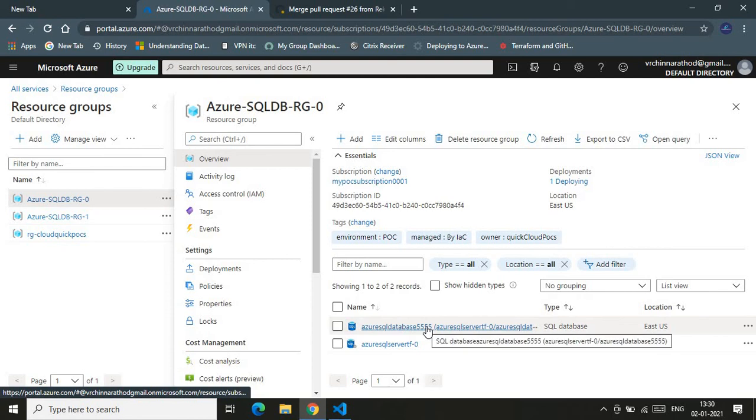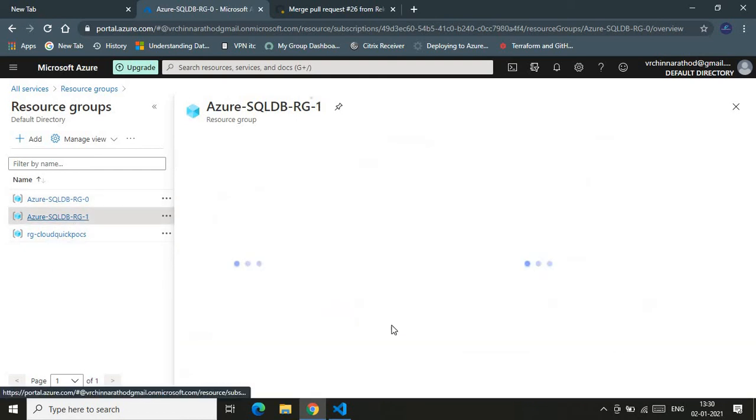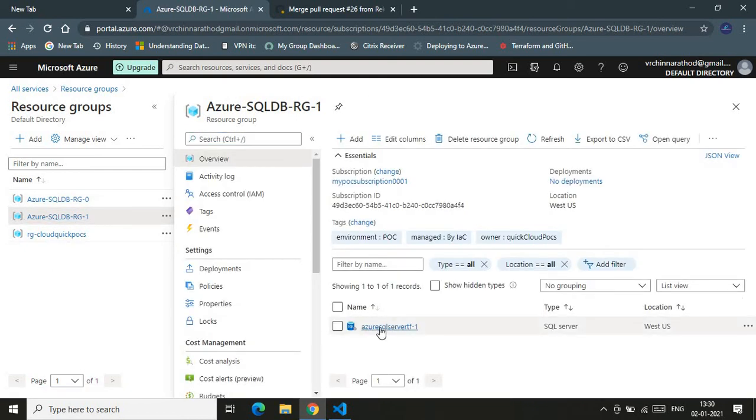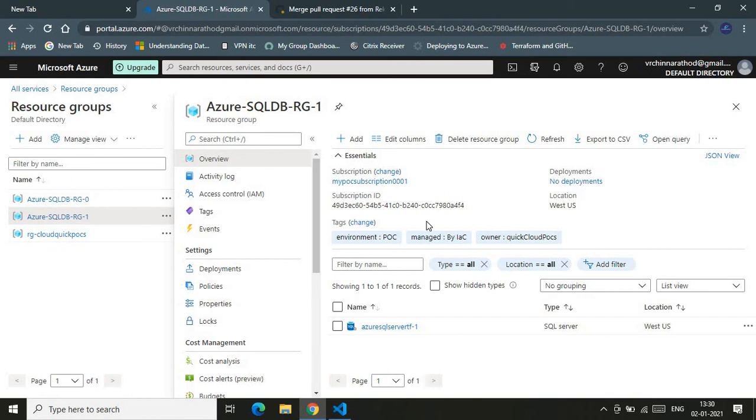First it will be sitting in the East US, acting as the primary. If the primary region goes down, this database will be moved to the secondary location, and the secondary location database service is already running. So this server will host that database if the primary database goes down. That is the logic behind SQL database failover.